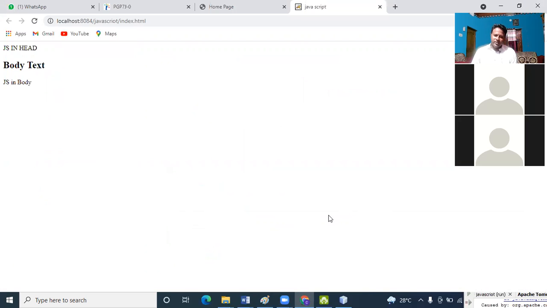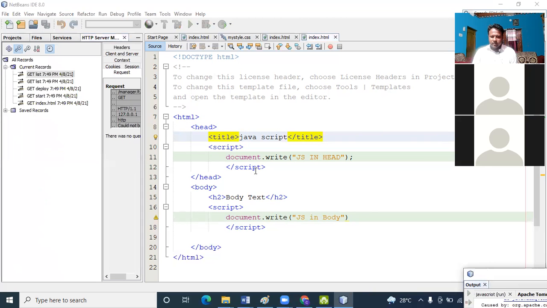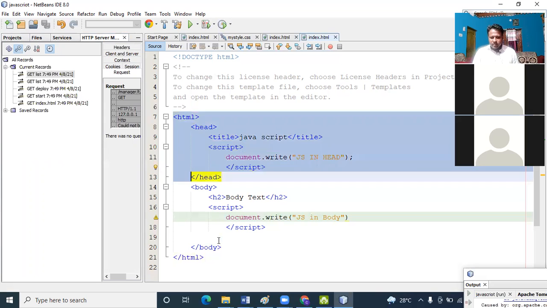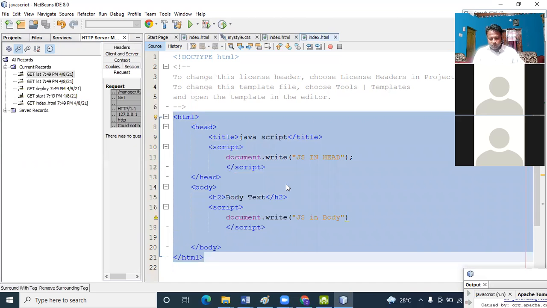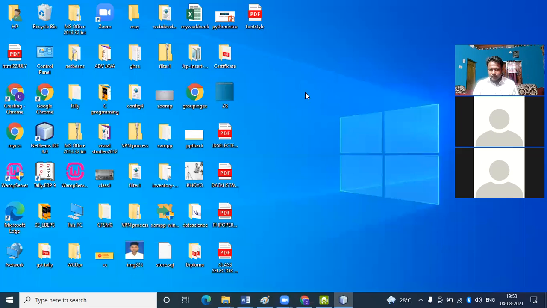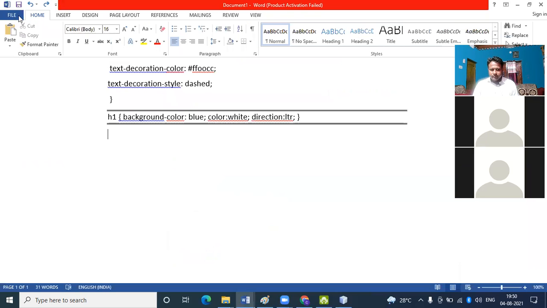See, JS in head, body text, JS in body. This is the two ways we can use the scripting. Document.write is used to display the information. I store this file.